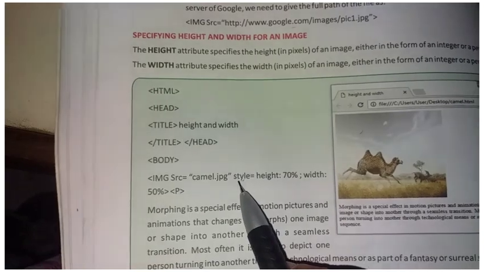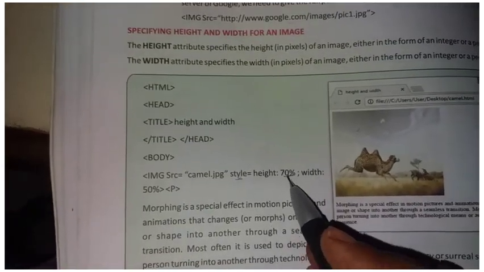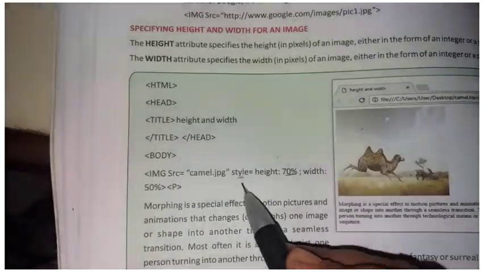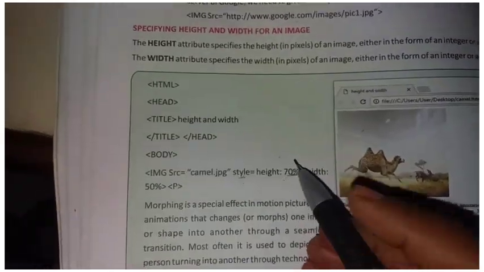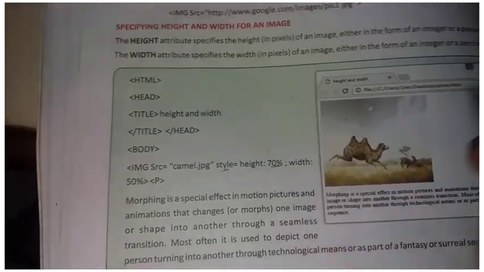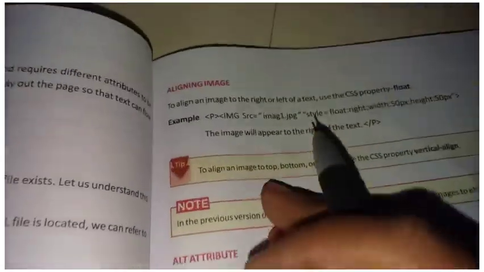In the style attribute we have to specify height 70%. This is an example for height. Width 50%. You can also give 10%, 20%, as you wish. This is specifying height and width for an image.